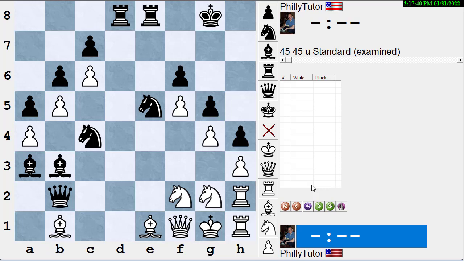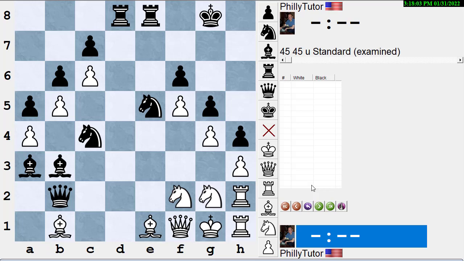And even though white has the exact same space as before, that's why I wrote a novice nook called Space is the Means to the End. What you want to do with your space is get the former kind of position that we had, where you have more space, and then that gives your pieces more mobility and more activity, and that's good. But if you have more space, but unfortunately you don't use it to get more activity and more mobility for your pieces,